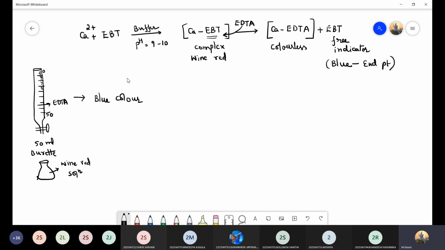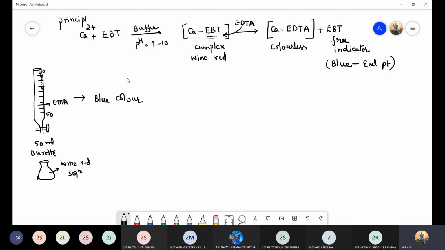So these reactions are very, very important, and this is expected as an essay type question for 10 marks or for 12 marks. The entire question can be asked, girls. So before actually giving the steps, how it is done in the lab, you just have to give the principle of this. So this is nothing but the principle of your experiment.